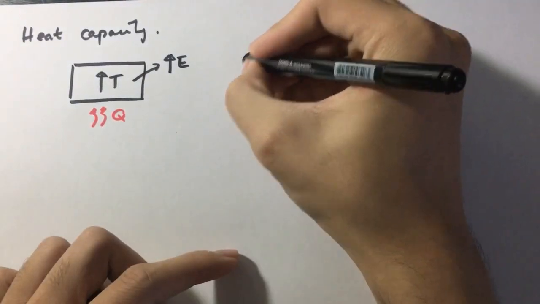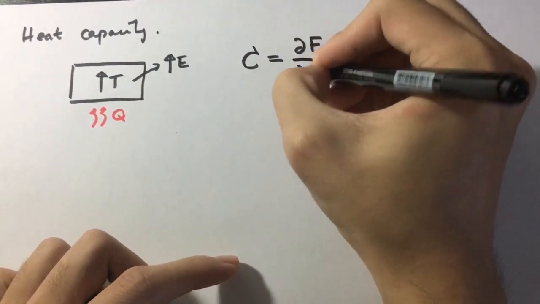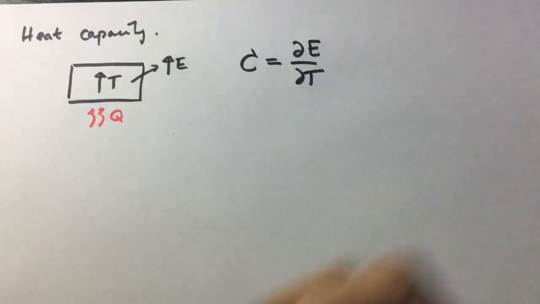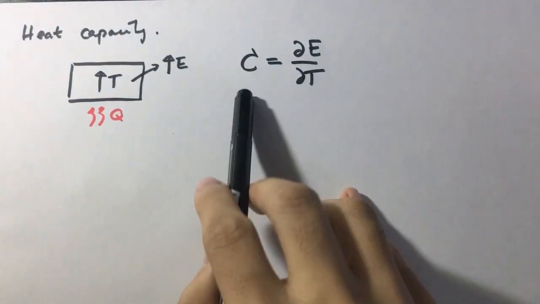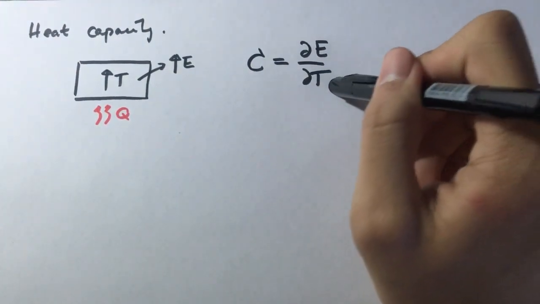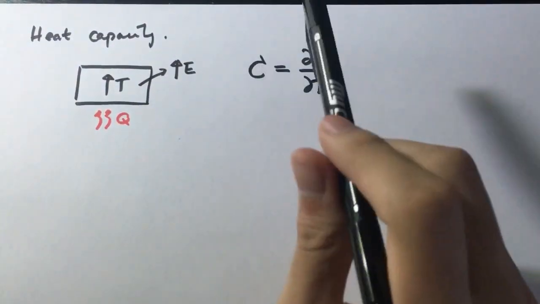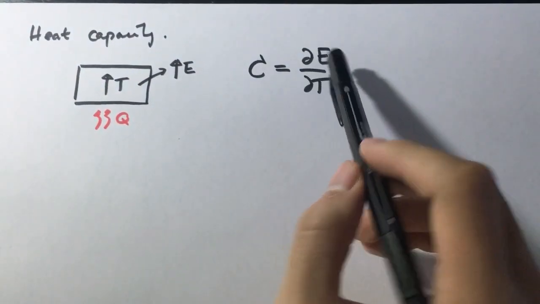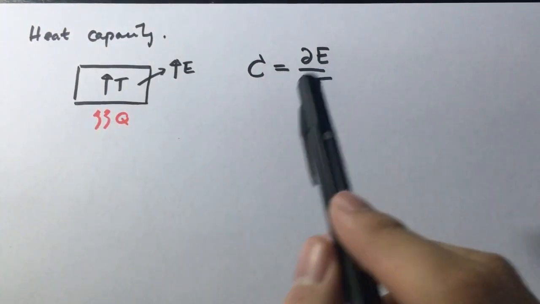So I can write the equation of heat capacity. It basically is dE by dT. This is called the partial derivative. It tells you the rate of change. So if you just read this equation, the heat capacity is basically just the rate of change of internal energy with respect to temperature, right? Which, in other words, is basically saying that it talks about how quickly the internal energy changes when you increase the temperature,